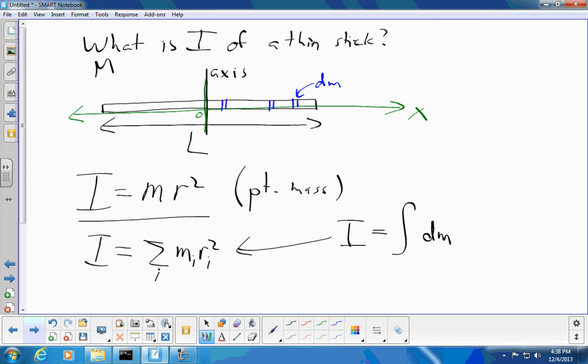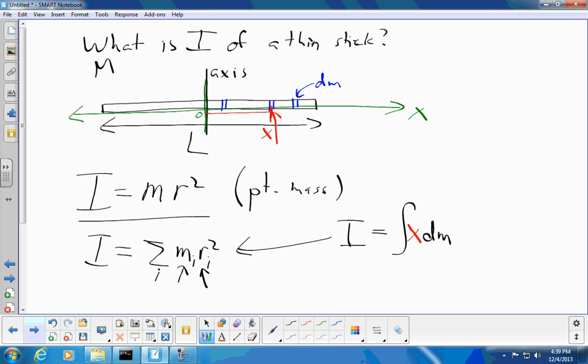Now, in this case, the r, remember, what does this r stand for? That r stands for how far this particular piece of mass is from the axis of rotation. So if I look at this particular piece of mass right here, this dm, how far is it from the axis of rotation? Well, it is this far. How far is that? Well, that is where it is located on the x-axis. That distance from the axis of rotation is the x value, the x coordinate, the x address of that particular point mass dm. So for this particular problem, my r, distance from the axis of rotation, becomes its position x